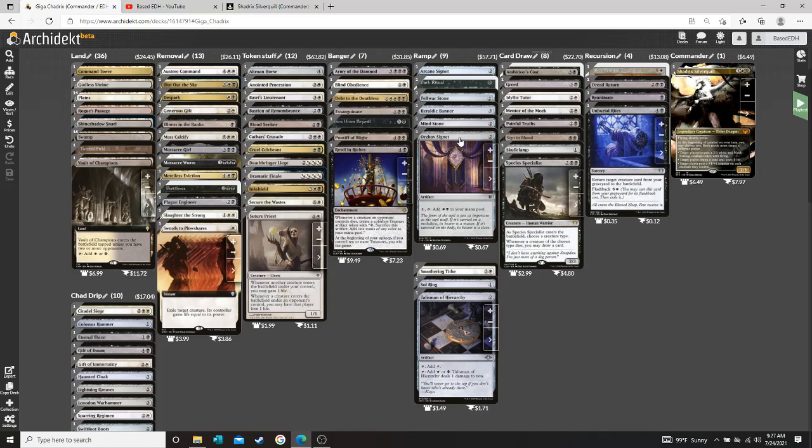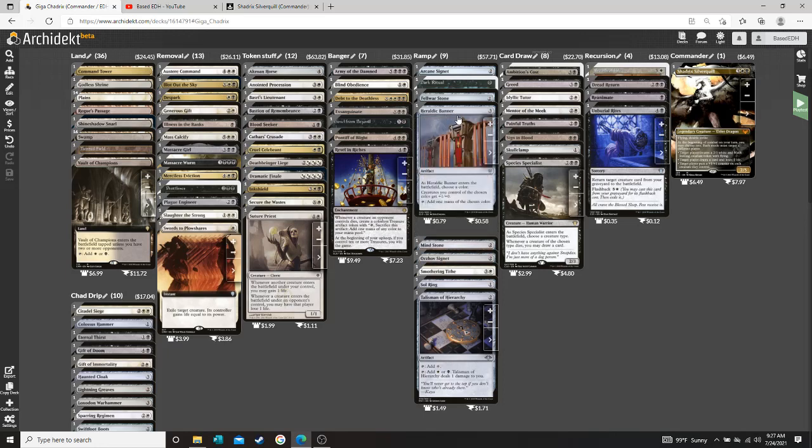he's a good cat. Orzhov Signet. You pay 2, you get colored ramp. Mind Stone, you pay 2, you get colorless ramp. Heraldic Banner. Heraldic Banner enters, and I think you're probably going to choose white, because we can actually make more